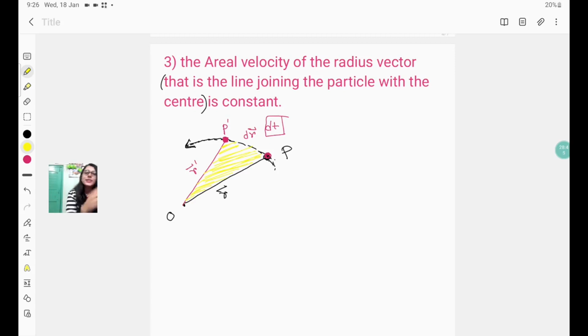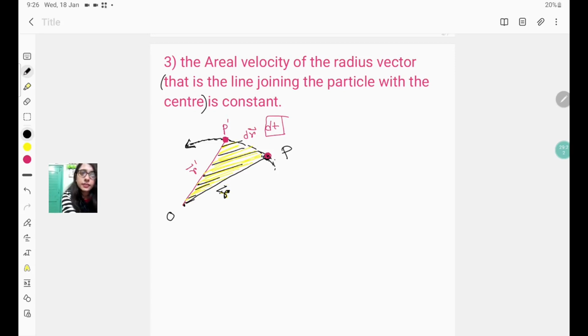Areal velocity is nothing but the area swept out by a particular vector per unit time. The distance covered per unit time is called the velocity, and the area swept out by a radius vector per unit time is called the areal velocity. Suppose this is the radius vector r, and it is covering this whole area